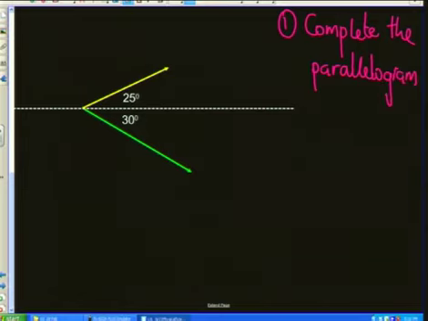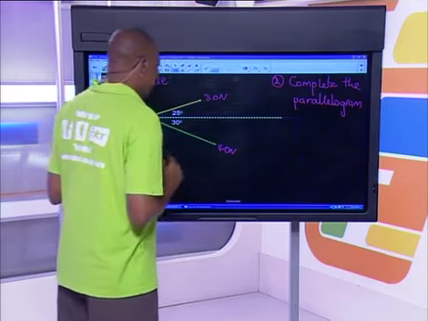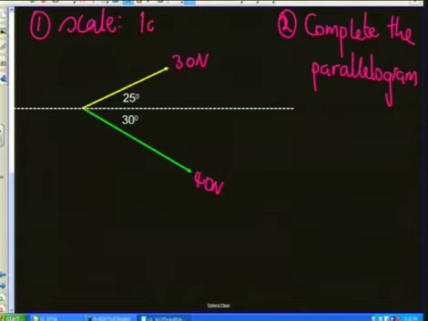And in fact, I want to put this as number 2. Number 1 that you need to do is to come up with an appropriate scale. Now, the scale that I may use here, because I know this is 30 newtons and this is 40 newtons. An appropriate scale will be a scale that will allow you to draw this on a piece of paper. You fit it in nicely. It's not too small, it's not too big, but it's something that you can read from easily. So if I come up with a scale that says, let 1 centimeter represent 5 newtons, for example.